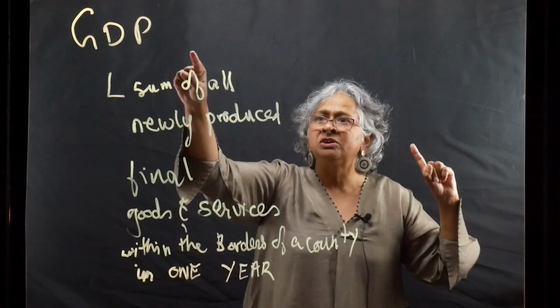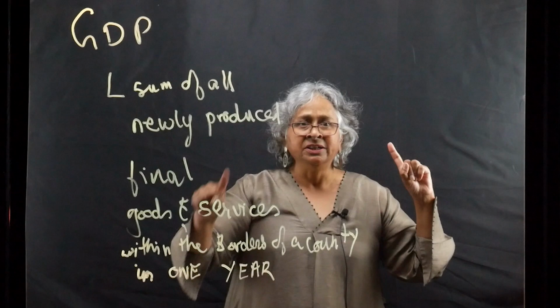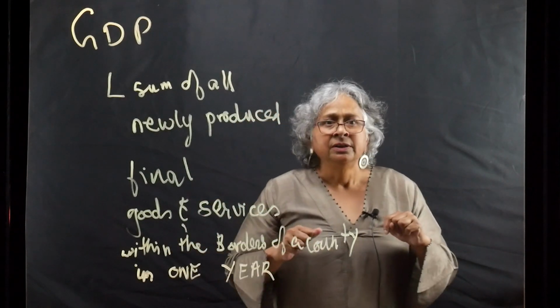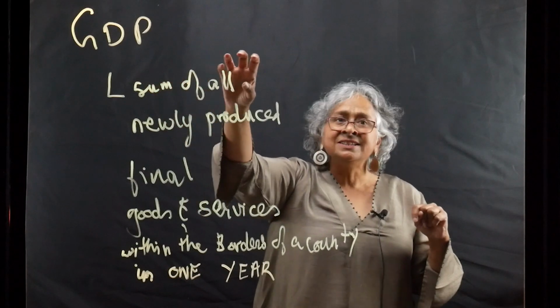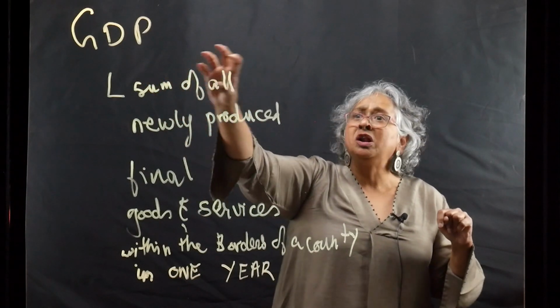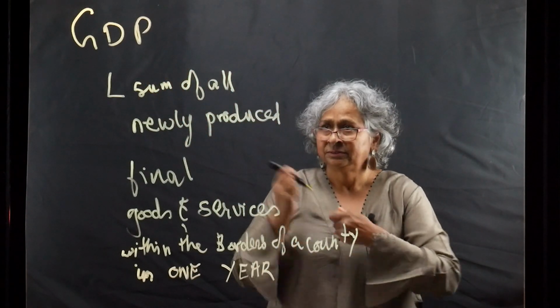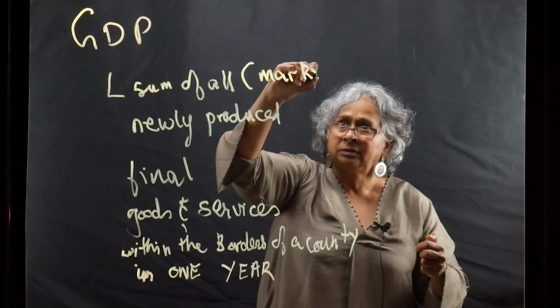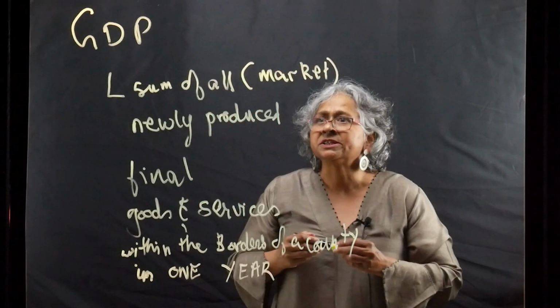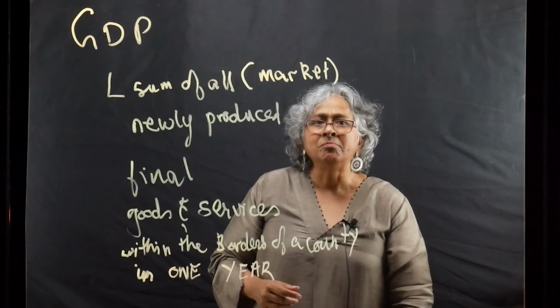Every element of this definition is crucial. So let's start with the sum of all. As it turns out, when we say sum of all, we mean based on the market. So sum of all marketed,